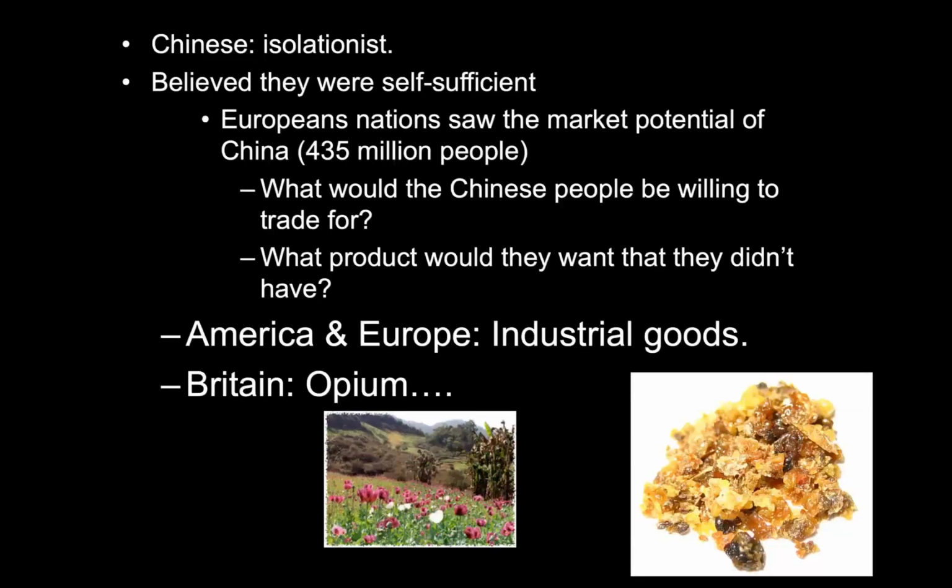So the Chinese are isolationist, as it says on the slide. They like to stay away from European involvement, but the Europeans must get involved in China because that is where the people are that can make things and buy things, right? Everybody's still involved in China today. China has 435 million people that can buy European products, and so the Europeans need these guys.